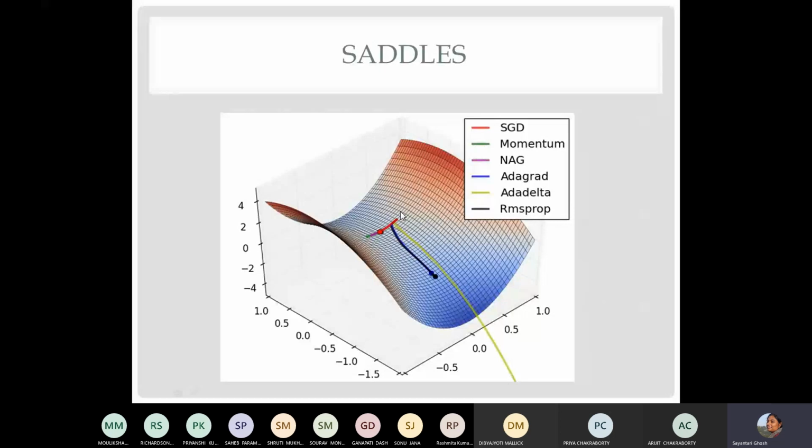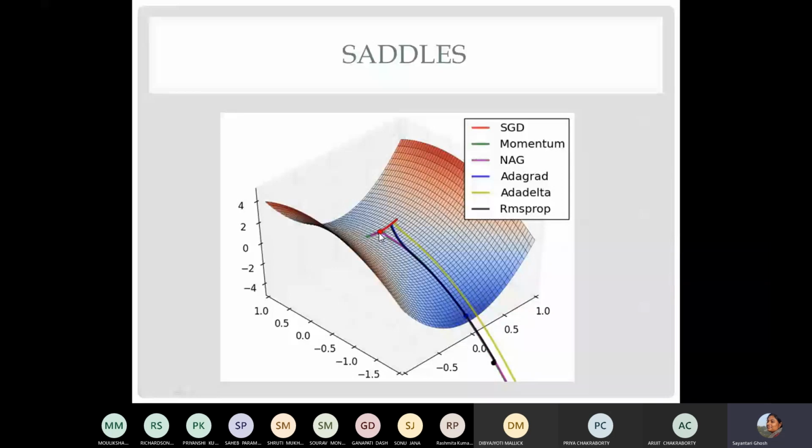Okay, so saddle means that if you have this valley, if now you are accustomed to the hill and valley picture, and now you can understand what is happening here. So if you consider only one axis, this looks like a valley, right? If you just consider this direction, then it looks like a valley, right? It has a minimum, but in the other direction, it is basically a hill, top of a hill, right? So top of a hill is an unstable fixed point.